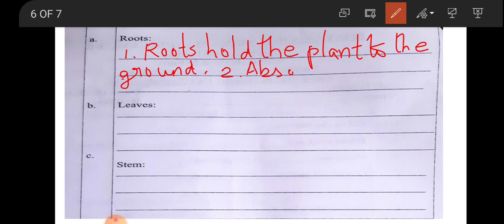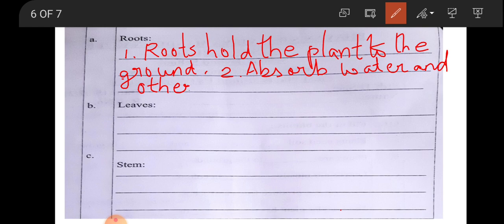It absorbs. Absorbs यानी लेता है. It drinks the water. It absorbs the water, drinks the water and other nutrients from the soil. OTHER है बेटा. I'll be sending the PDF of this worksheet. From there also you will be able to write it. If you're not able to understand, I'm still not satisfied, I'll remove and I'll write again. Yes, other.